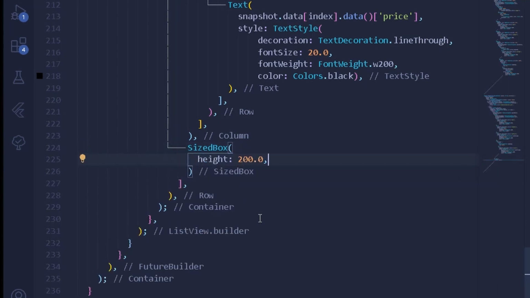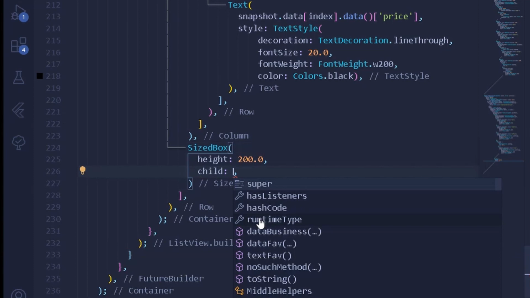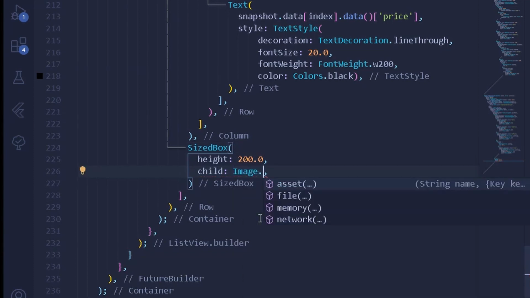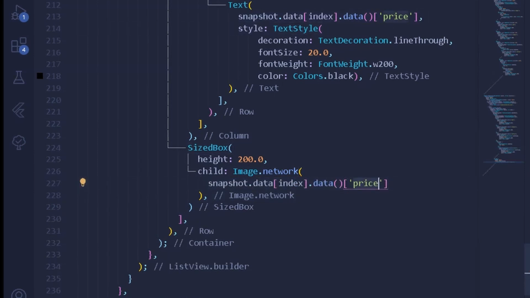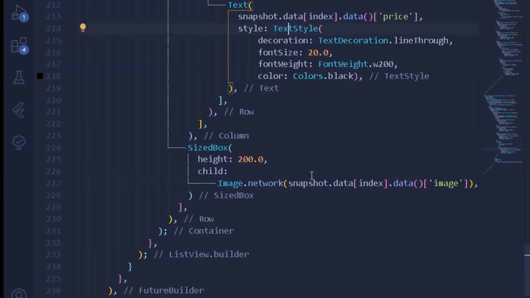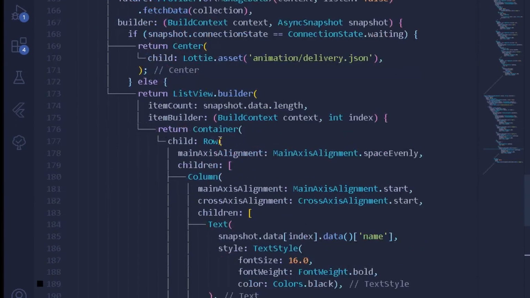Also let's have a child for image. So here, I will simply be writing image from network, and from the source, I will be simply copying the following snapshot thing and paste it here. And instead of this, I will be simply wrapping under an image. Alrighty, easy as that. So once everything is done, let's have some decoration to our entire container.